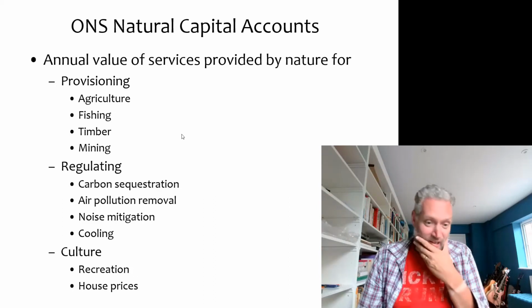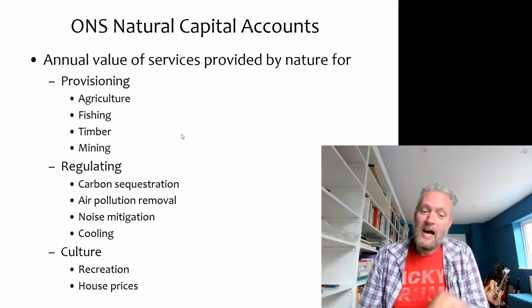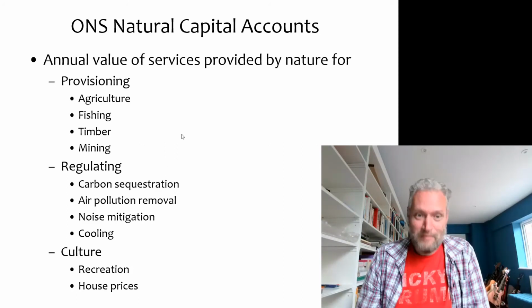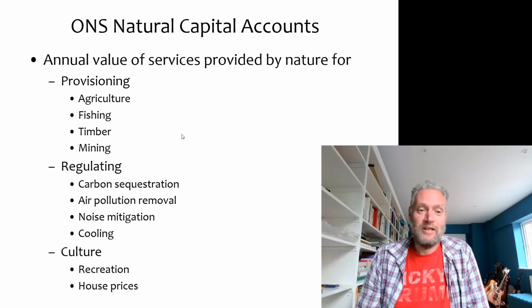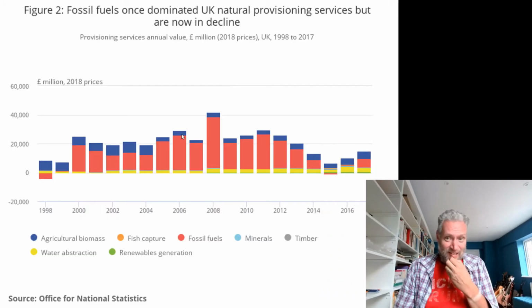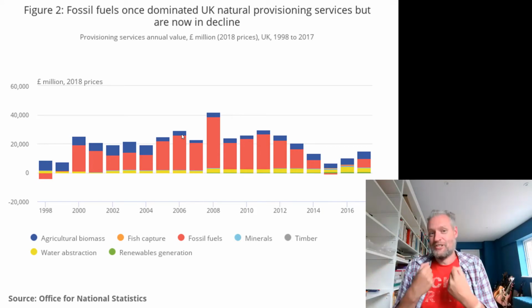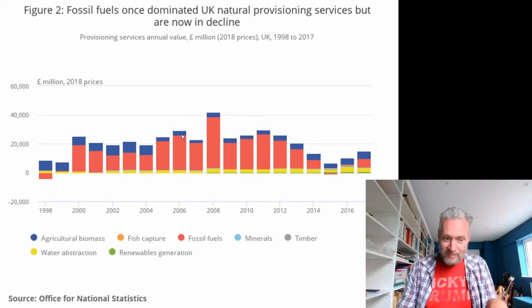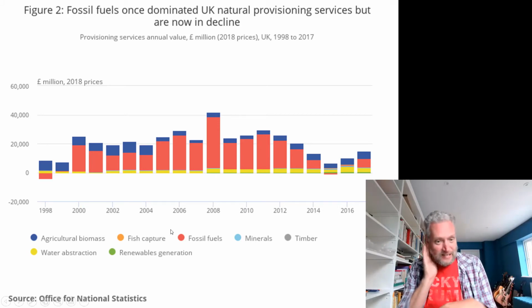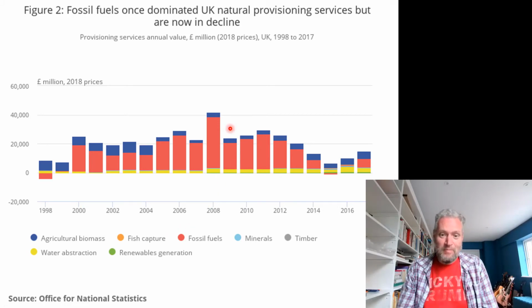Cultural services are recreation, and in their accounting a bit peculiar, house prices are included there as well. So let's look at an example of provisioning. This is essentially the value of the stuff that we extract from nature. Time series and then a sectoral decomposition. And in the past, the red dominated that highest value, the most value from just extracting things from nature were